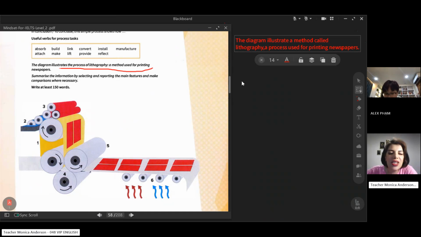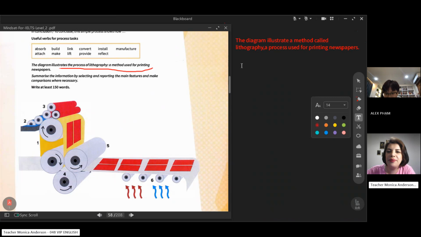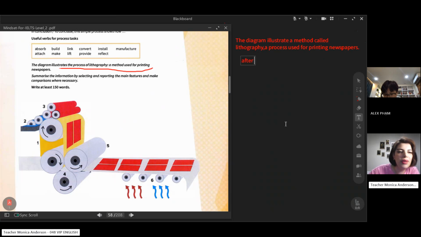So as you can see, first of all, what is that? It's something like an image. Let me write. I'm writing. Image used for printing. Of course we need an image to use for printing. So the image used for